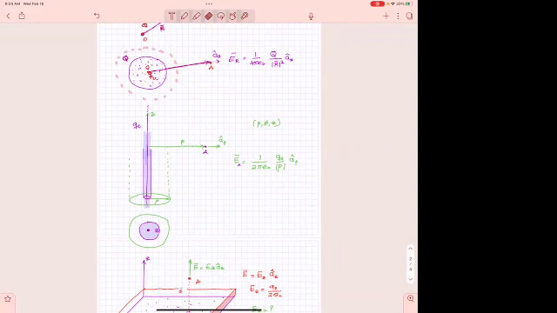Obviously, when R is larger than R sub S. Okay. And then here,